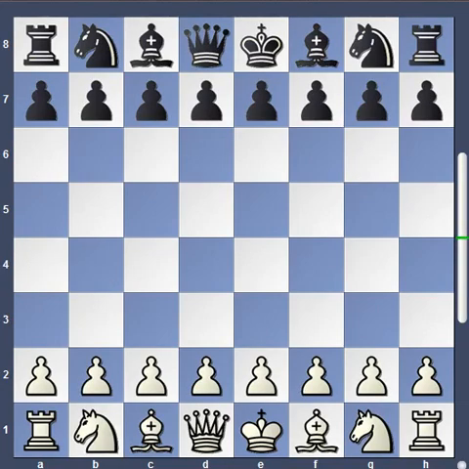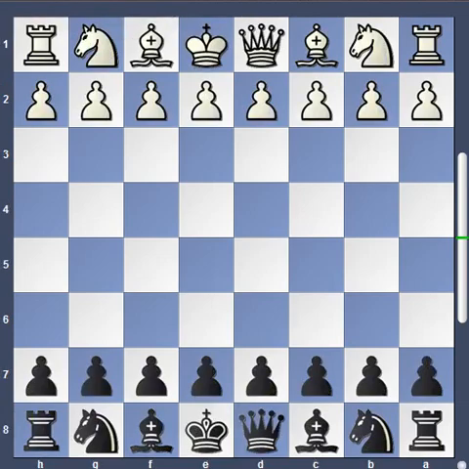This is how the initial setup of the board looks. From the white side it will be seen as A to H and 1 to 8, and from the black side it will be seen like this, H to A and ranks 8 to 1. So hence now we have learned how to arrange the board, the names of the pieces, their respective values, and how to move the pieces. In the next lesson we will discuss how to start a game.